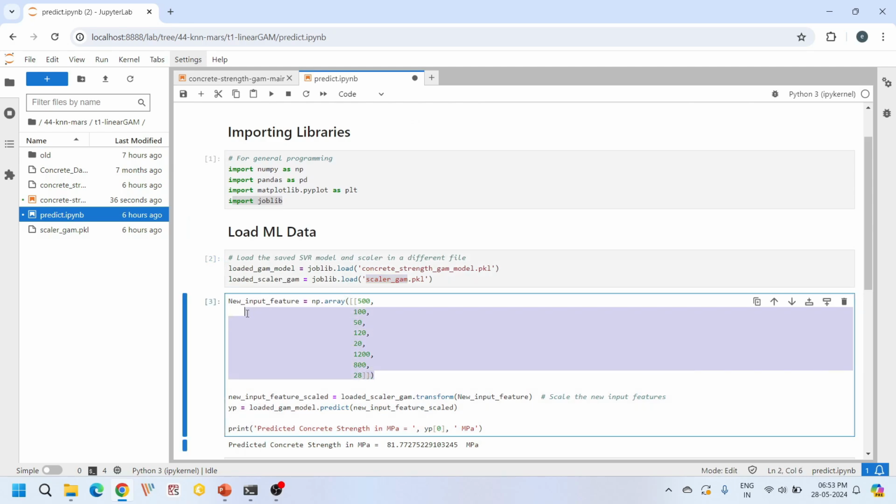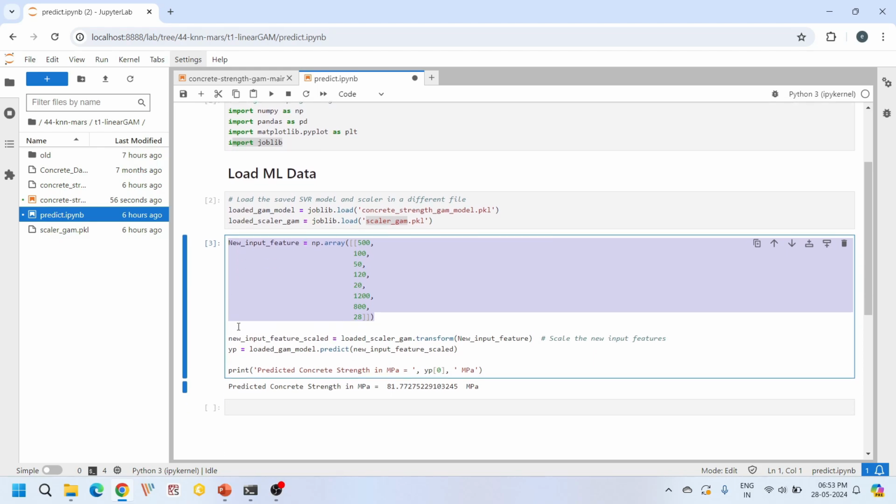Here I have created a new input feature. This input feature is completely new. The data used in this input feature are randomly created, and it is not available in any of the existing trained or testing data sets. So first